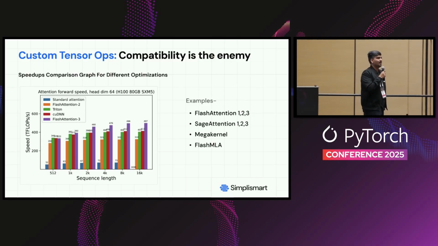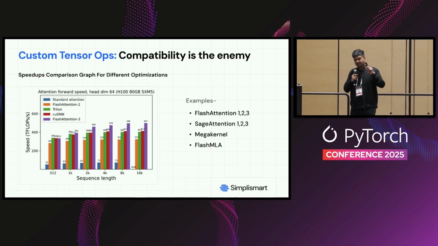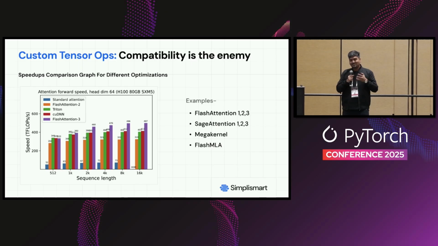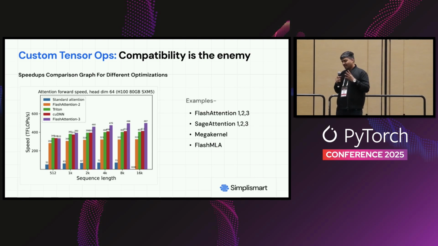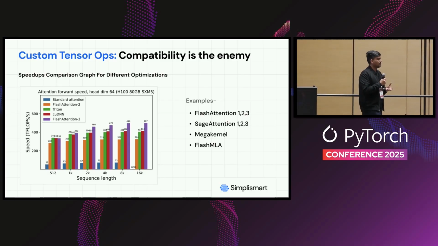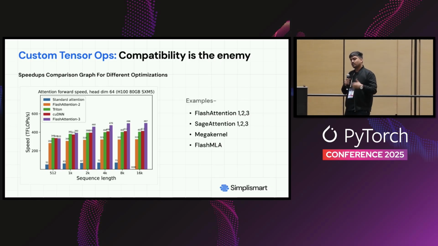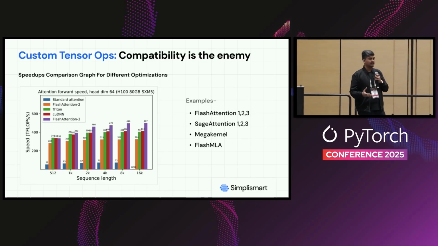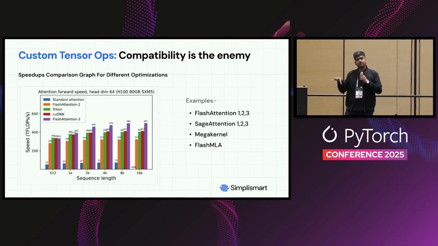custom tensor ops. Of course, in an ideal world, every equation, every function that you have in a paper or every model that you're implementing for inference, the ops for any chipset should be in the most optimal state, right? But that's rarely so. We choose a lot of different frameworks, a lot of libraries that offer us a lot of these custom tensor ops out of the box. That's generally the pattern that we've seen as well, and then we write custom tensor ops on top of them, right? When we're doing this, the big challenge that comes about is compatibility with versions, with different libraries, with different frameworks, because there's not a single umbrella where all of these optimizations or custom tensor ops are